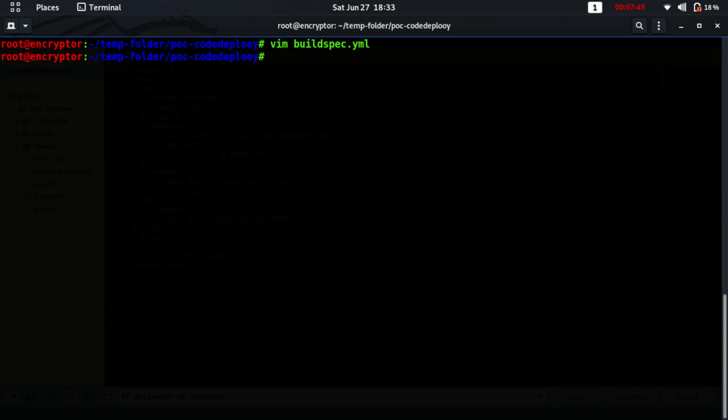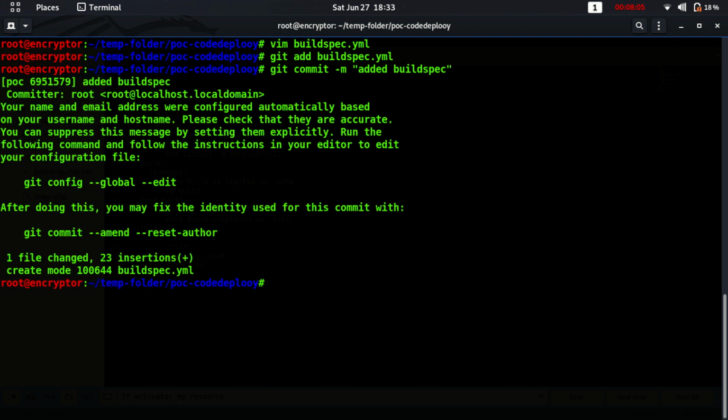So let's just save this file, and let's add this buildspec.yaml file and commit this file. Added buildspec, one file changed.